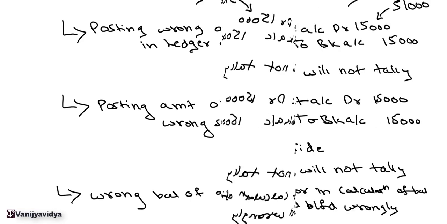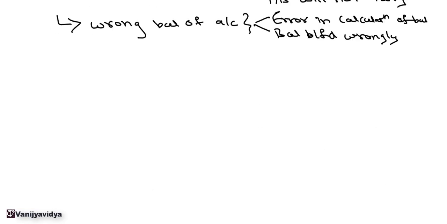So now in this case, what happens is because there was a wrong balance which was taken forward or carried forward, or there was some error in calculation of the balance, your total balance in the particular ledger account will not be reflected properly, whereas the other effect of that particular entry will be correct. So even in this case, the trial balance will not tally.